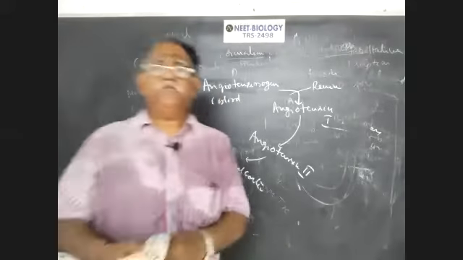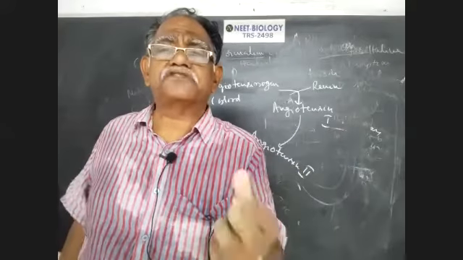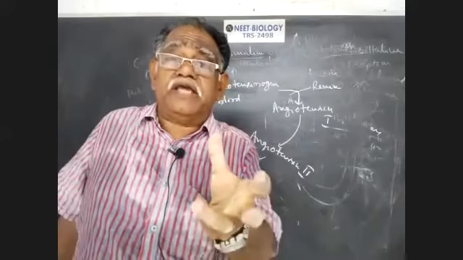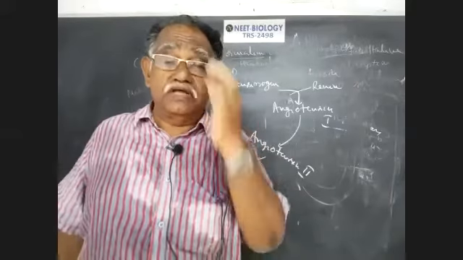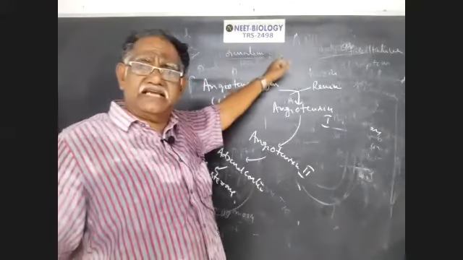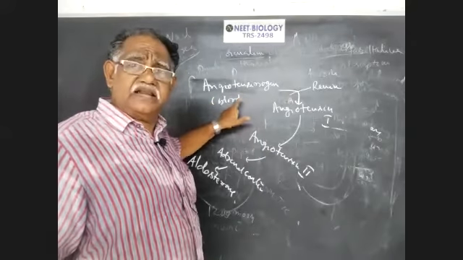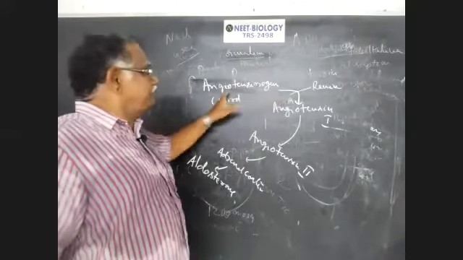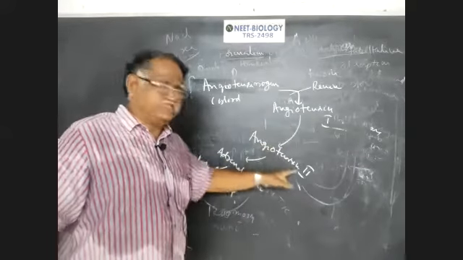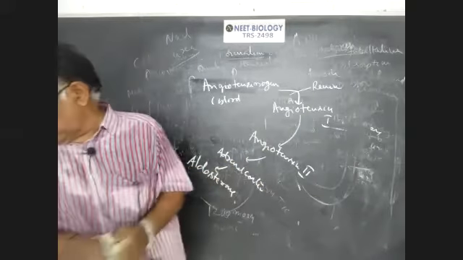That aldosterone helps in reabsorption of salts from the filtrate. By that, the volume of the body fluids will be increased. So when the volume of the body fluids decreases, ADH is secreted simultaneously. The JG cells of JGA release the renin enzyme that converts angiotensinogen present in the blood into angiotensin 1, which later changes to angiotensin 2, that stimulates the adrenal cortex to produce aldosterone.